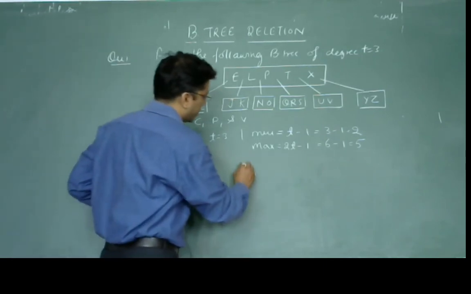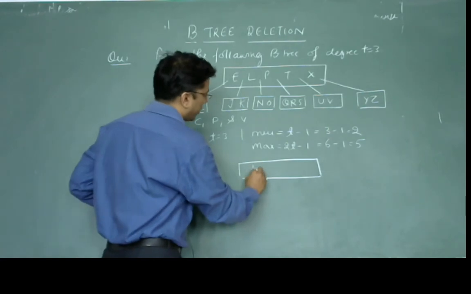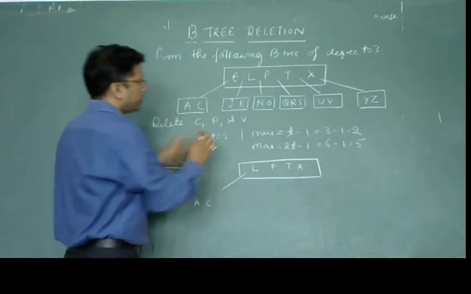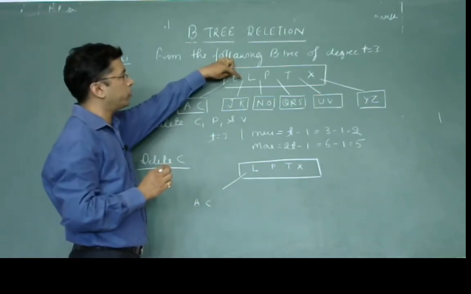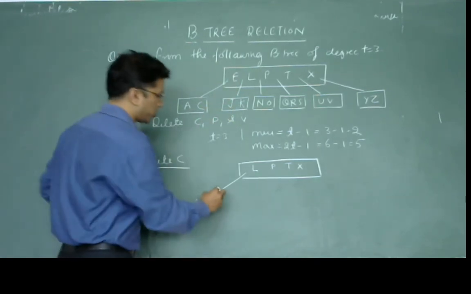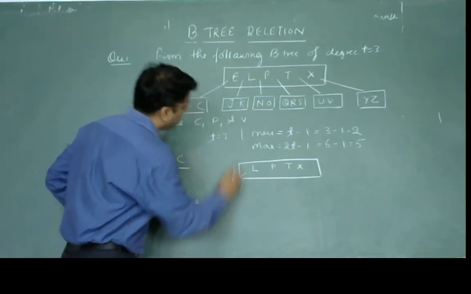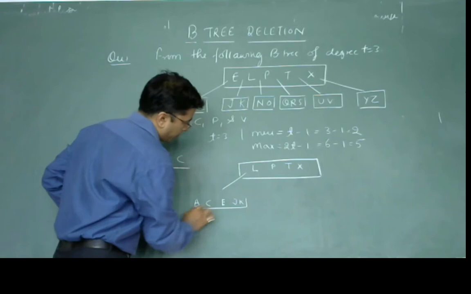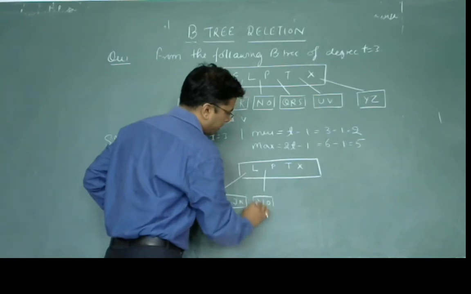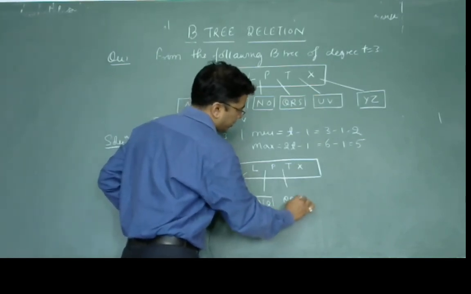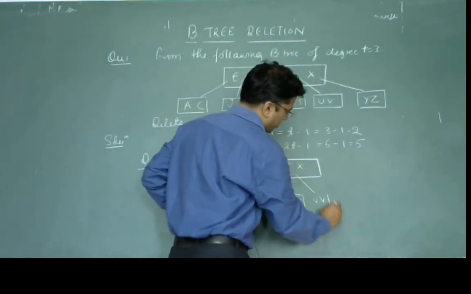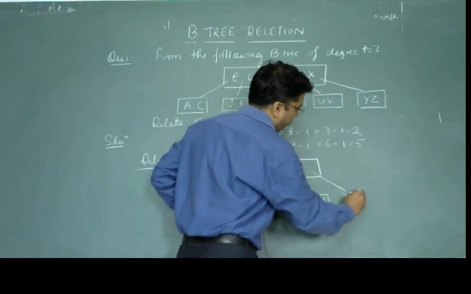So after elimination of C, the B tree becomes like this: L, P, T, X, A, C. Since E has been eliminated, the pointer which was used to discriminate these two nodes got eliminated, and because of that these two nodes merge together. So E shifts down: J, K, right, and the rest of the nodes remain the same way: Q, R, S and U, V and Y, Z,